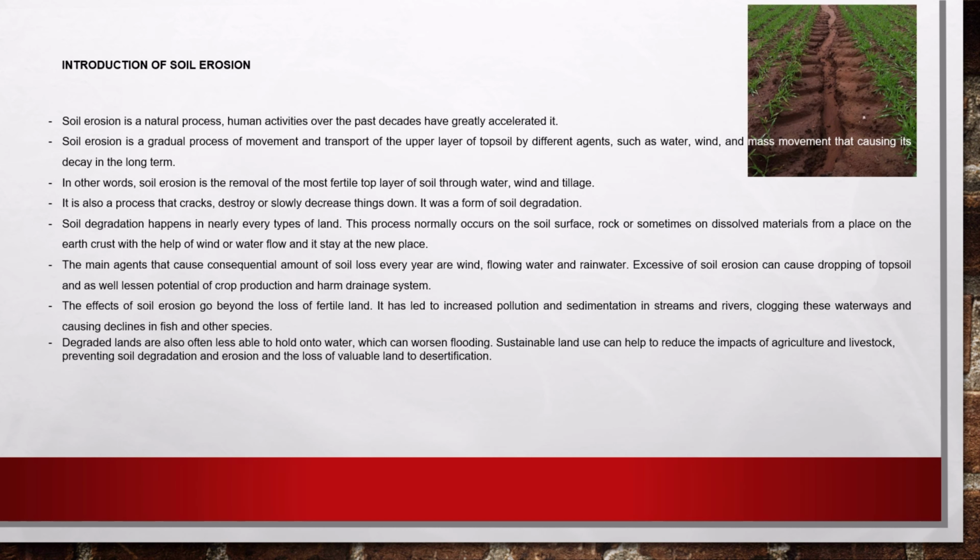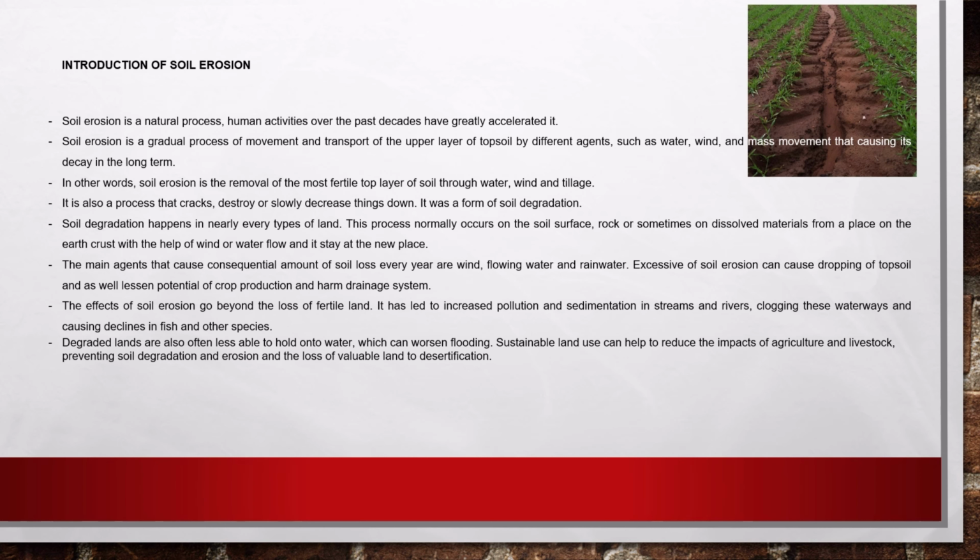Soil degradation happens in nearly every type of land. This process normally occurs on the soil surface, rock, or sometimes on dissolved materials from a place on the earth's crust with the help of wind or water flow, and it stays at the new place. The main agents that cause a consequential amount of soil loss every year are wind, flowing water, and rainwater. Excessive soil erosion can cause dropping of topsoil, lessen potential of crop production, and harm the drainage